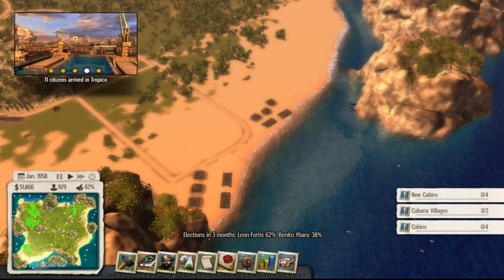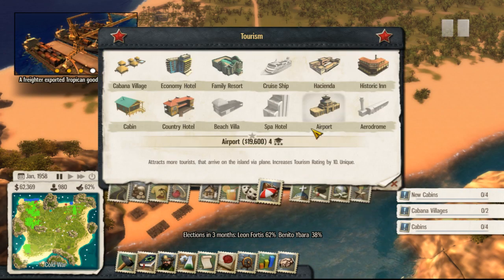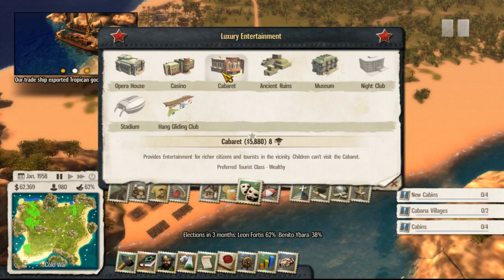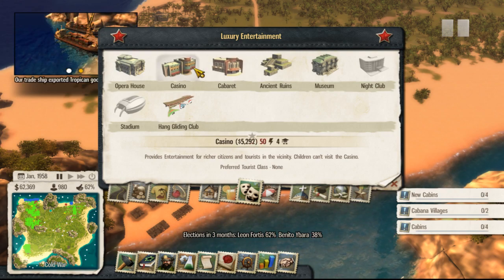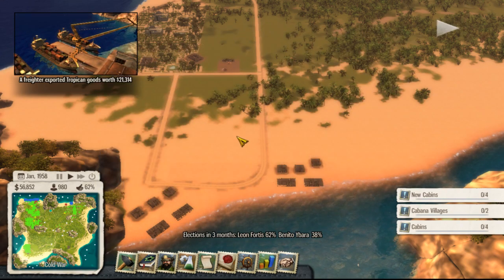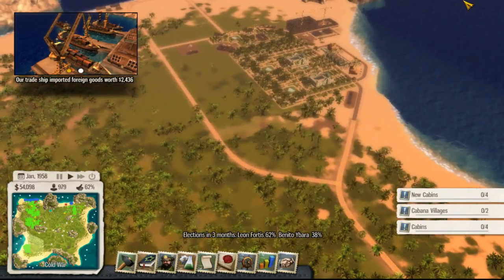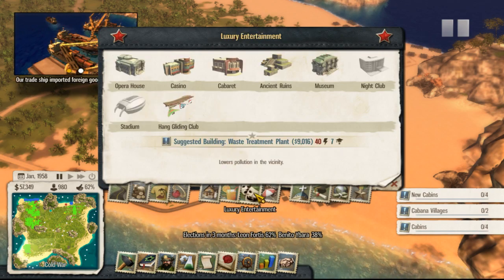Alright, so let's have another look here. So these are going to be the eco-tourists again down here. That's the national park there. What might the eco-tourists like? Preferred tourist class is wealthy. These are for cultural. So I'm thinking, well, the casino doesn't have a preferred tourist class, so maybe that would work. But really what we're going to need to do is put in a load more gardens and things to decorate the area, because that's what eco-tourists want, all that environmentally friendly stuff, right? But what we could do is come back down here, and let's go and find our tourism tab,